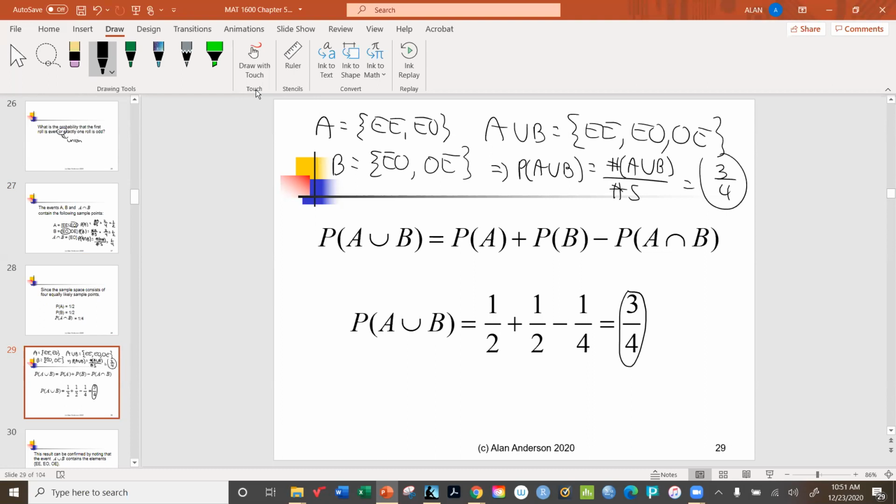Okay, so as is so often the case in math, there's more than one way of getting at each result. Normally, you use the one that's most convenient. So here, for example, if A and B were very large sets, the approach I did right here might not work so well. But every case is different. It's not that it wouldn't work, it's just that it would be more time consuming. Now, this raises an interesting question. What if